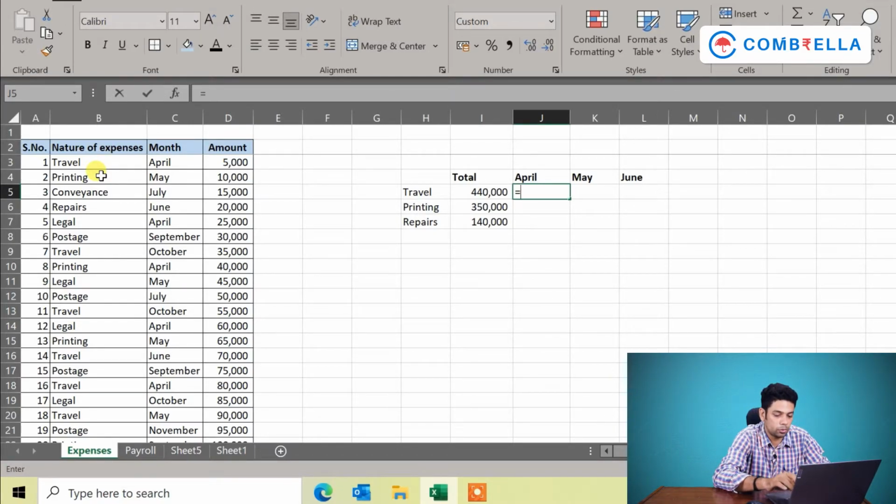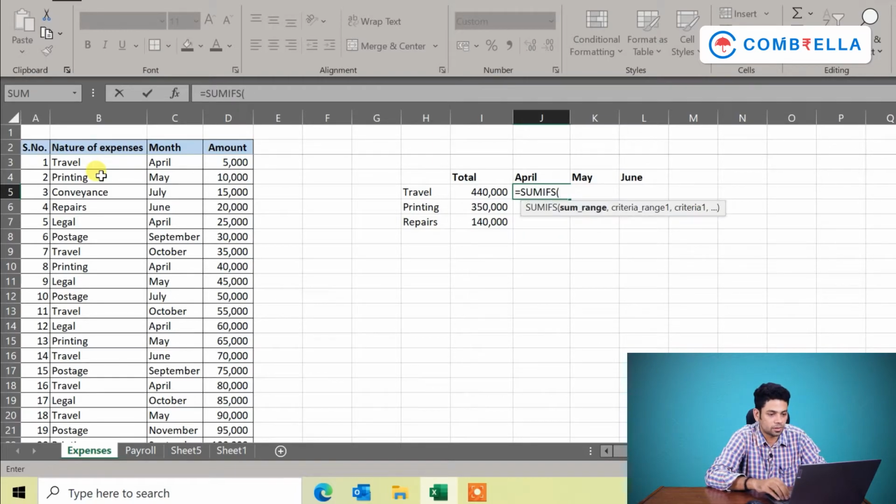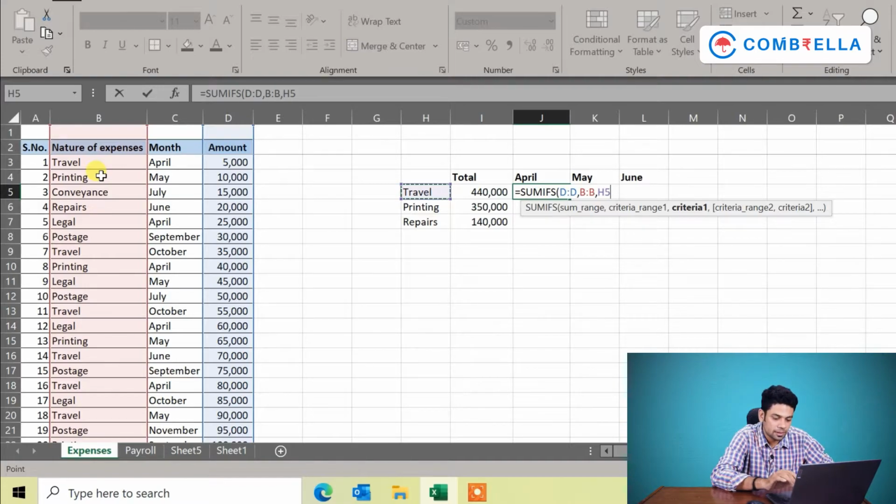What you can do is equal to SUMIFS, sum range again, select this column, comma, criteria range 1 should be the expense column, criteria 1 is travel. Then comma again, criteria range 2. What is the second range you want? You want expenses total month wise.